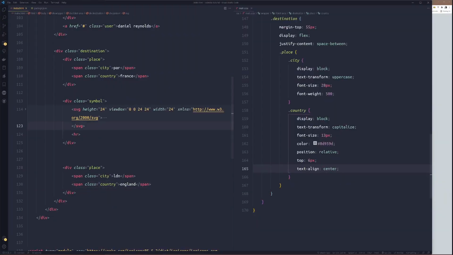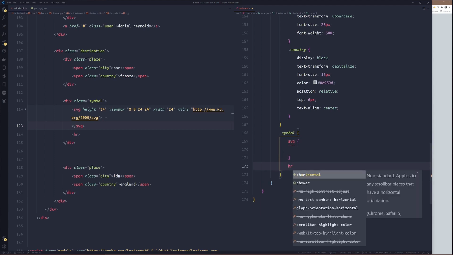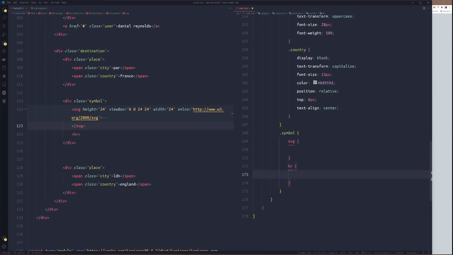So now for the next stuff, just after the place, we'll create symbol. So symbol with the target SVG and with the target the H arrow. Right?